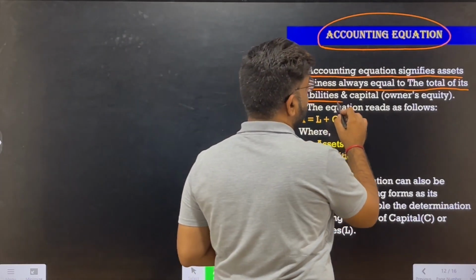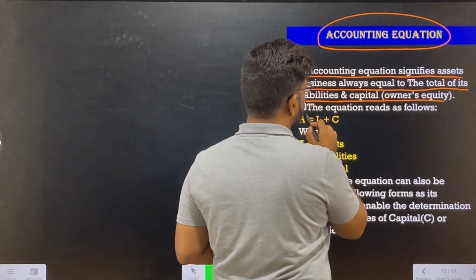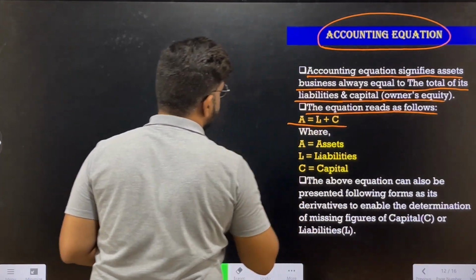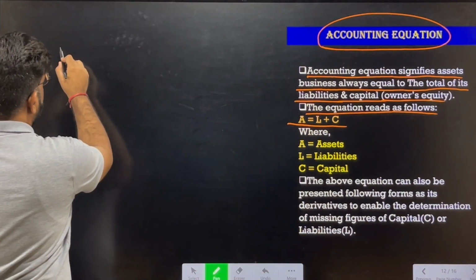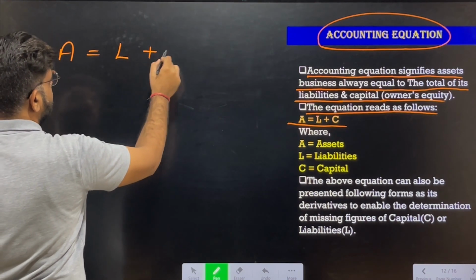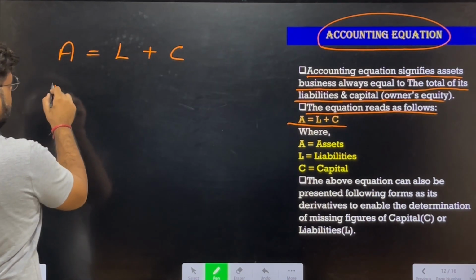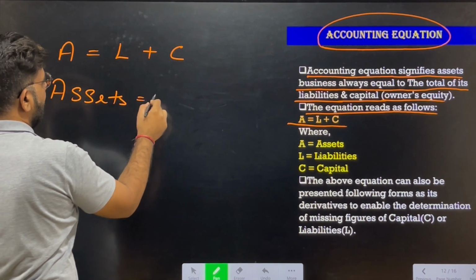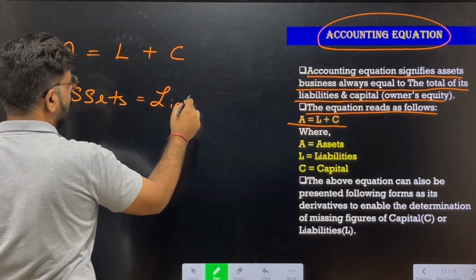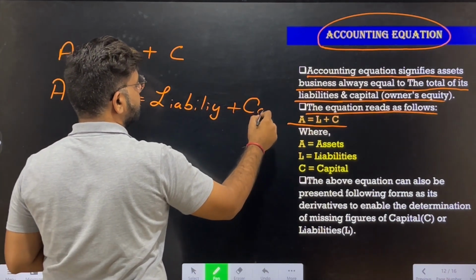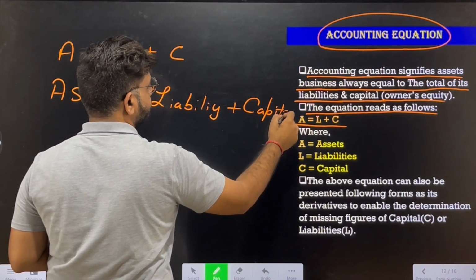Now, and capital, that is owner's equity, the equation reads as follows: A is equal to L plus C, where A is known as the assets and L is basically your liability